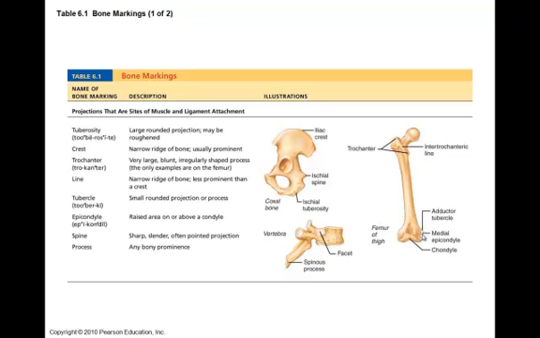In the region where we have muscles pulling on our femur, the bone is being stressed in that region, and we have bone growth in that region. Wherever we have smooth areas on our bone, the bone is not being stressed in that region, and we have no bone growth in that region, so we have a very smooth area. And so when we have words like tuberosity, crest, trochanters, lines, tubercles, epicondyles, spines, and processes, you need to pay attention to these words because they're letting you know what's going on in that region. Usually all of these words mean projections, but if we go to the next page,